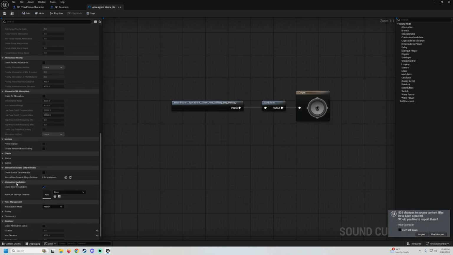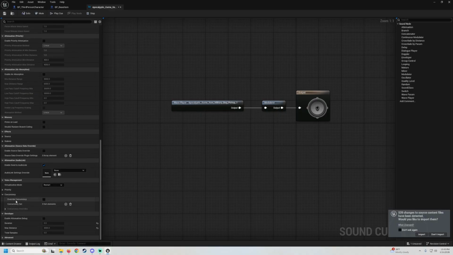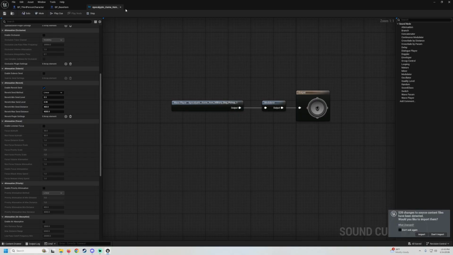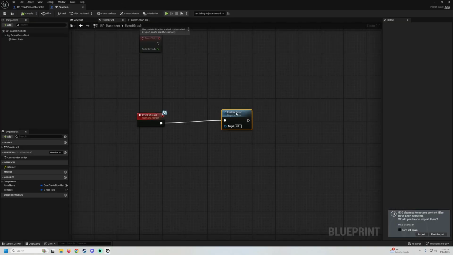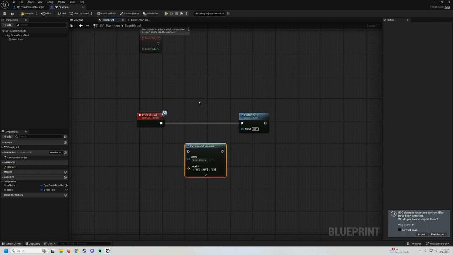You can add reverb effects and all kinds of weird cool stuff. Concurrency stuff is useful with these. So yeah, we'll just save that, close it, and in our item here,